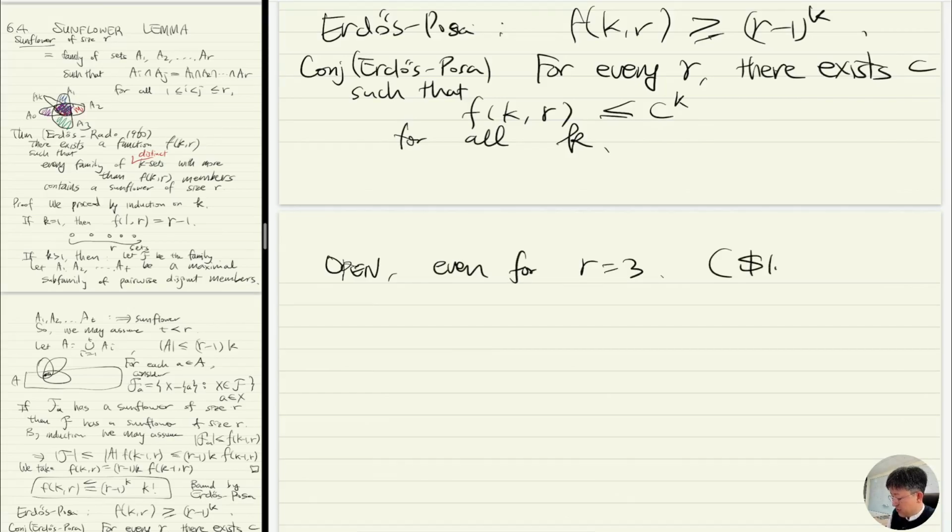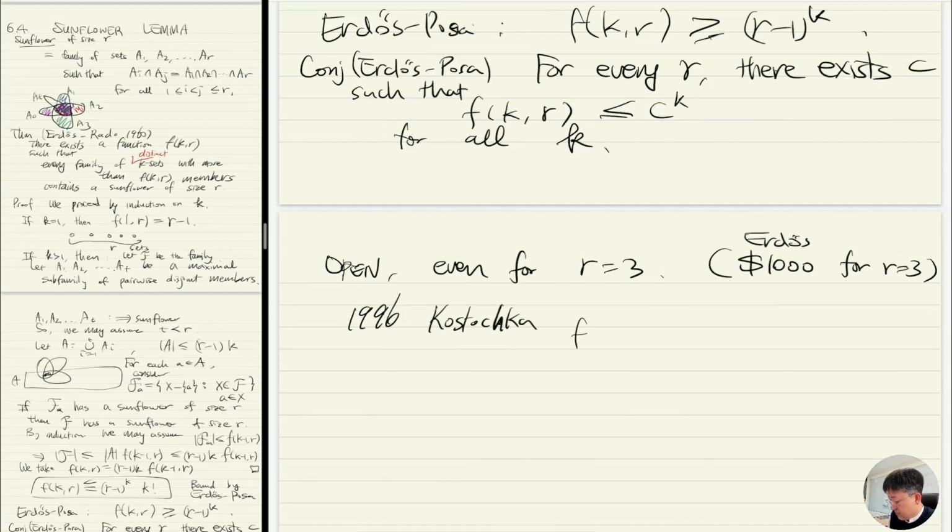So Erdős offers $1,000 for r is 3. Right? Sometimes Erdős gave cash prizes for his conjectures. There were some attempts to prove it, but the best known, well, there was some progress. Like in 1996, Kostochka